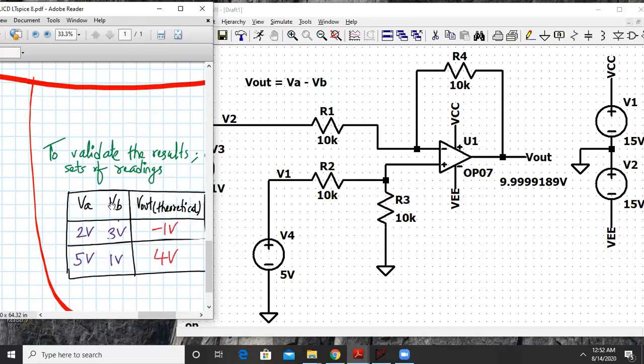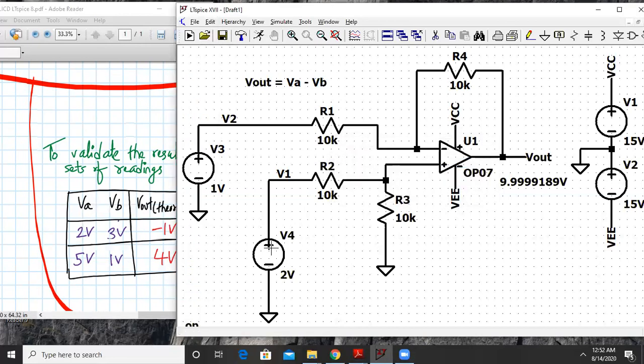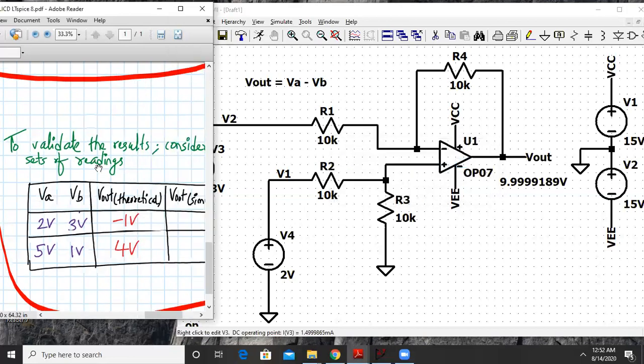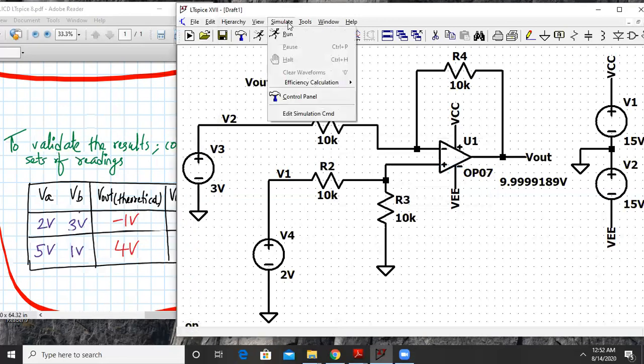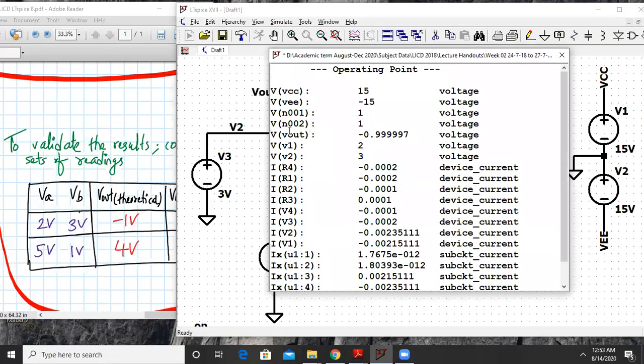So V1 and V2 are respectively 2 volts and 3 volts. So theoretically, the expectation is it should subtract 2 minus 3. That should give you minus 1. Let's check in simulation. So go to simulate, run. Yes, we are getting minus 0.999.